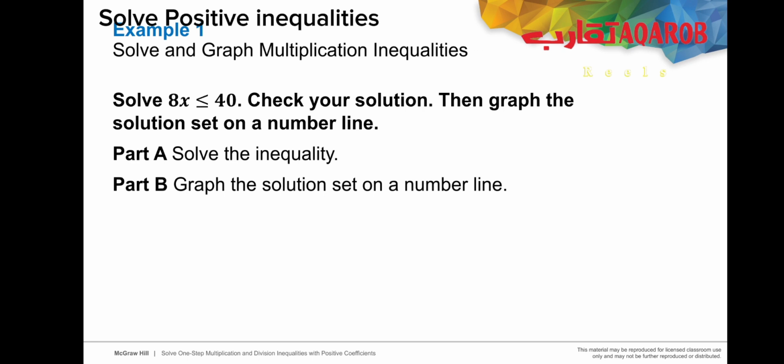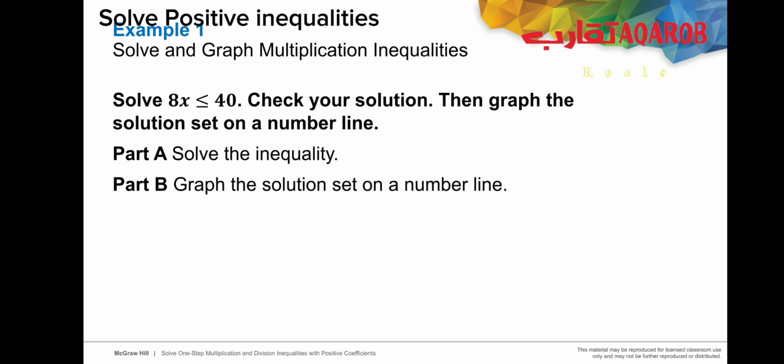Now, in example 1, they ask us to solve and graph a multiplication inequality. 8x is less than or equal to 40. As you can see here, the coefficient of x is 8, and it's positive 8. So I want to solve it. To solve this inequality, I will isolate x and keep it alone on the left side by dividing by the number